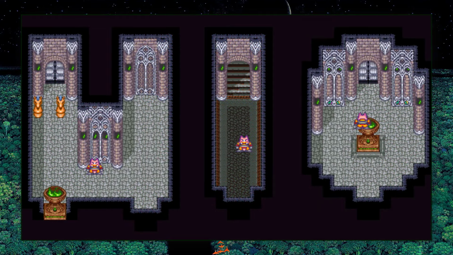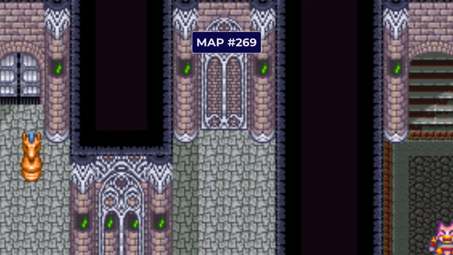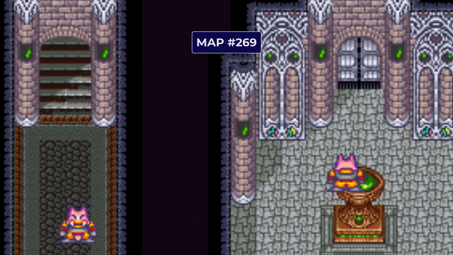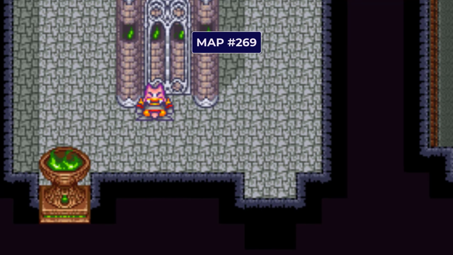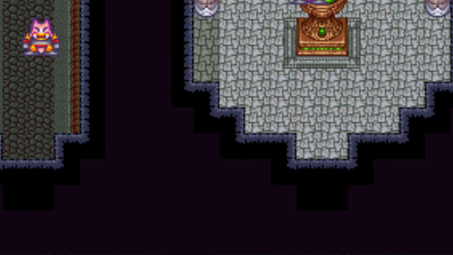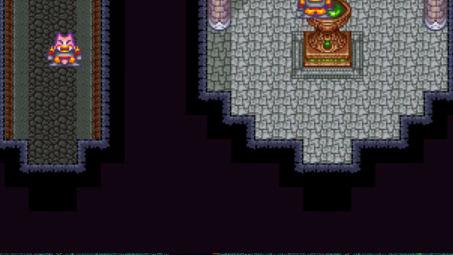These three maps here may look familiar. In the final game, they're part of the underground palace where you meet the gnome. However, these are numbered 269 in the ROM, very close to the Wind Palace's maps, whereas the rest of the underground palace's maps are way off elsewhere in the ROM's memory. Given their proximity to the Wind Palace's maps, these were probably part of that palace and not the underground palace